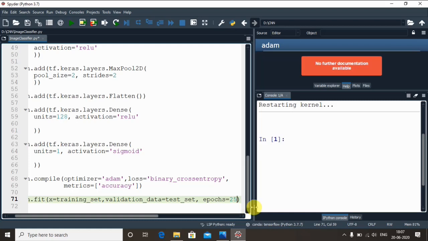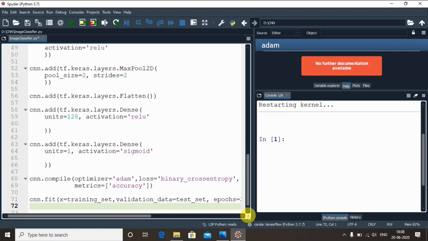So in our case I will assign the epochs to 25 as it gives me pretty good results in this case. So that is the purpose I'm using it. Okay, so after this I came to the end of this part, and now I'm going to move a bit of a step forward to predict my model using single prediction.